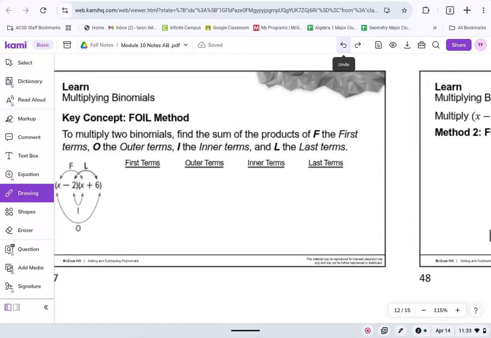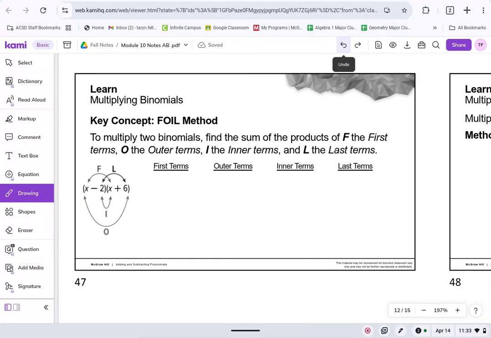The other method we can use is called the FOIL method, which I don't love the term. FOIL just means that we're going to use the distributive property twice. We're going to use the double distributive property. So what I want you to notice before I talk about what FOIL even means or what's on this paper is that this x term gets multiplied to the x, but also the 6 in the other set of parentheses,